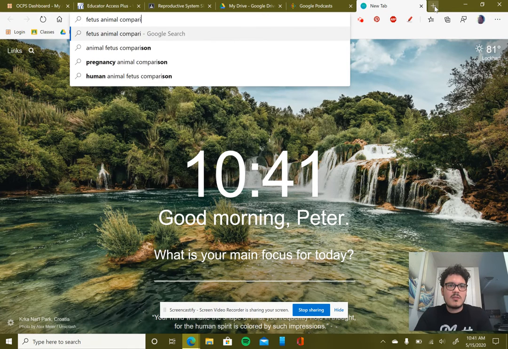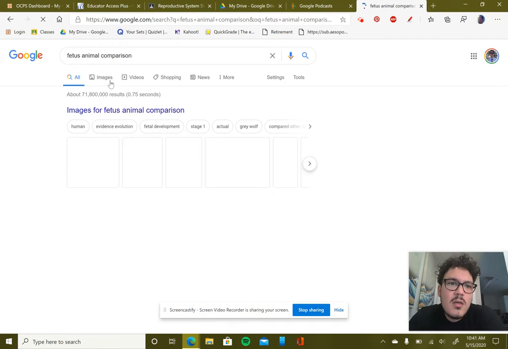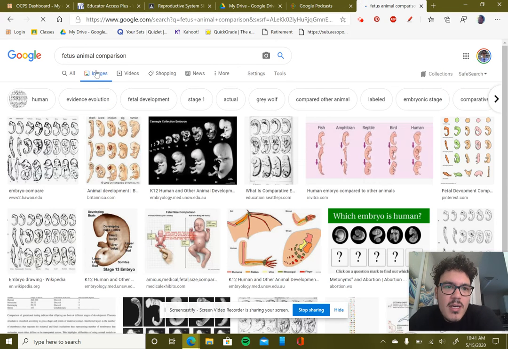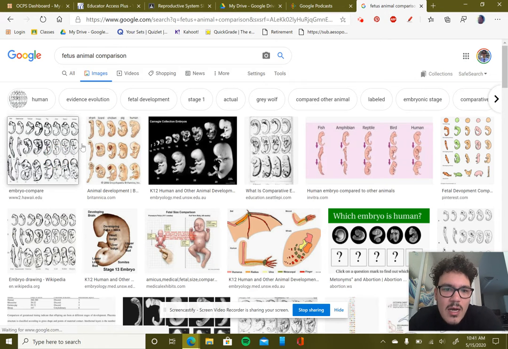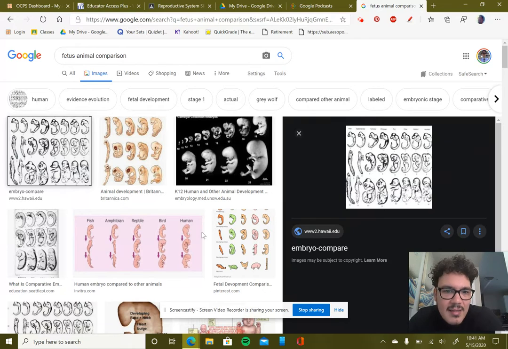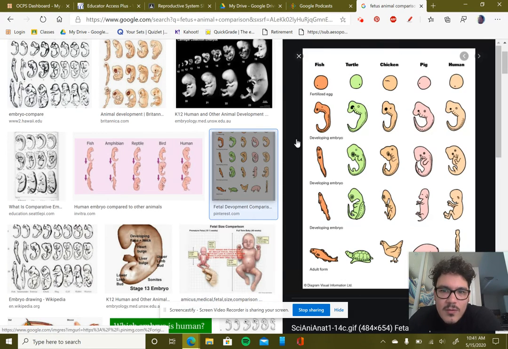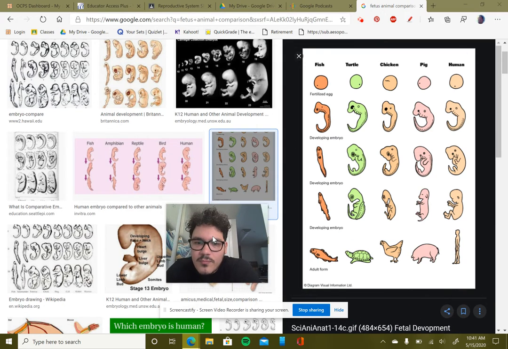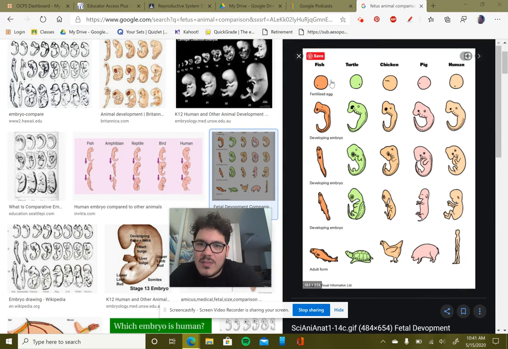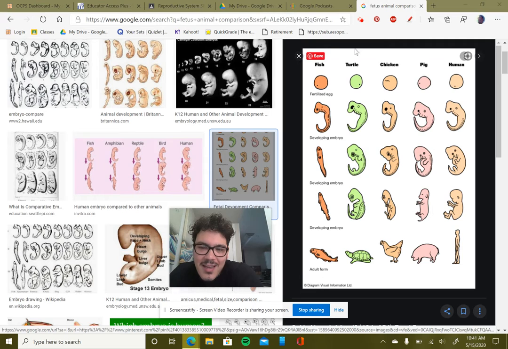Fetus animal comparison. There we go. This is a pretty standard image that I like to show from time to time in class, just because it really astounds me. There we go. This one. It really astounds me just what's going on when it comes down to how we look in our stages of